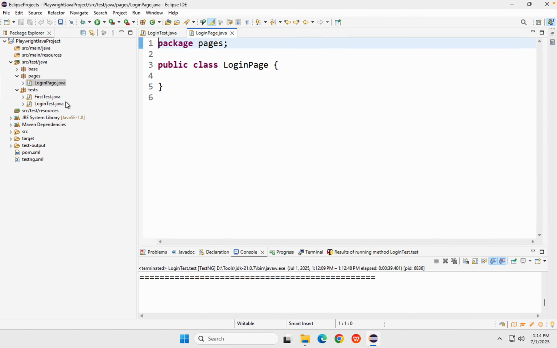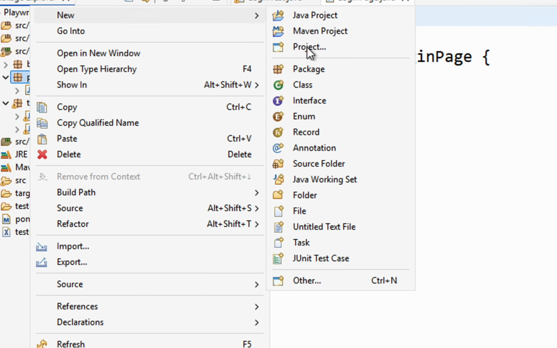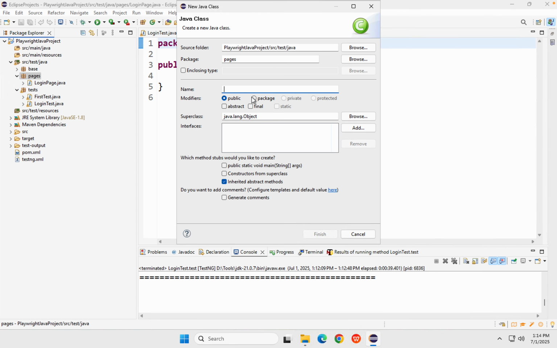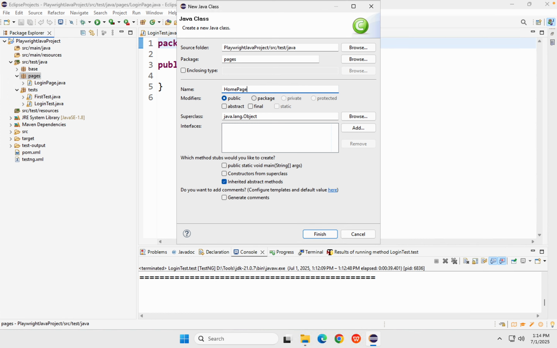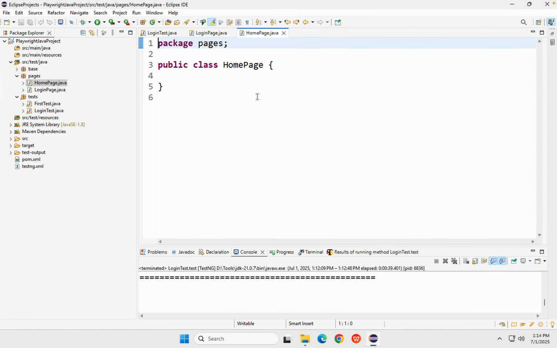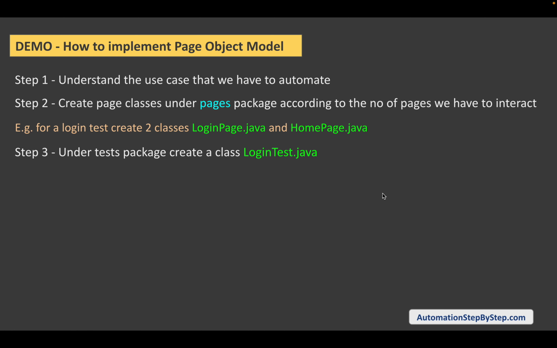and I will also create one more class. I will do a right click and say new class, and this is home page, because we are interacting with these two pages in our test. Okay, now